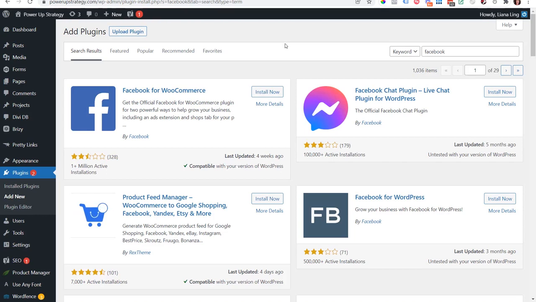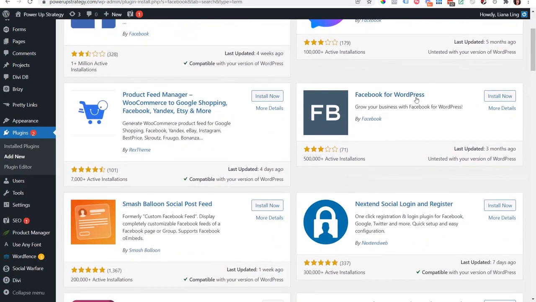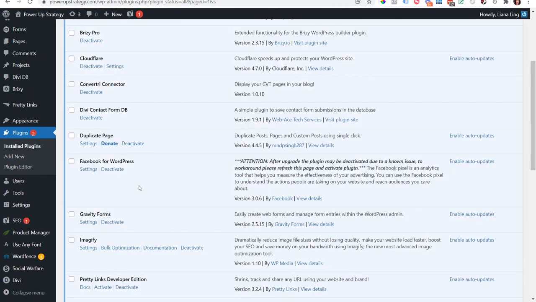So in the back end of your WordPress site, if you go to plugins, there actually is a Facebook plugin. So I want to find the one that says Facebook for WordPress. There's a whole bunch of plugins that come up when you type in Facebook, but I'm looking for the Facebook for WordPress plugin, and I'm just going to click install. All right, now I've activated it, and you can see it's here in the middle of my screen, and I'm just going to click settings,